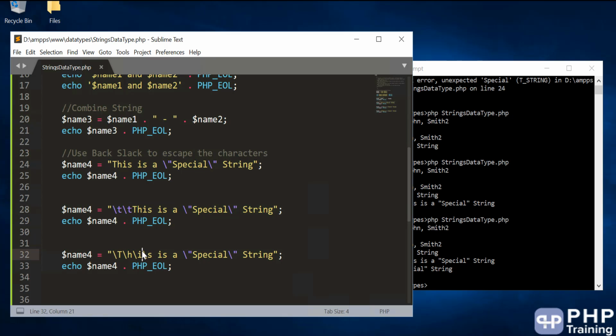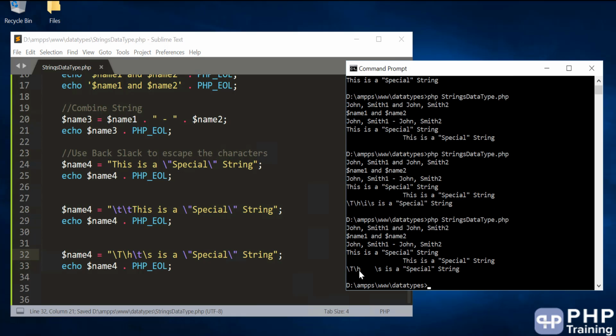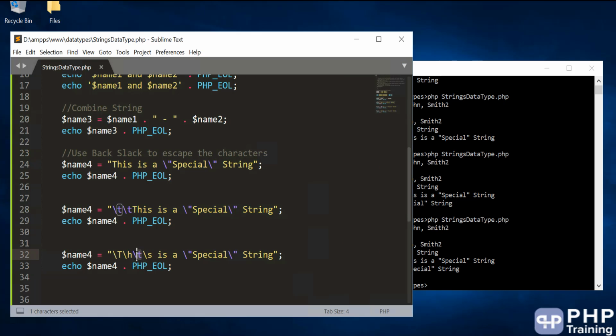Okay, and if you put a \t here, let's do a simple exercise, it has a special meaning to it, that is \t is replaced with tab. Okay, anything that is predefined will be converted, anything which is not will be printed as it is. And if you want to take this example